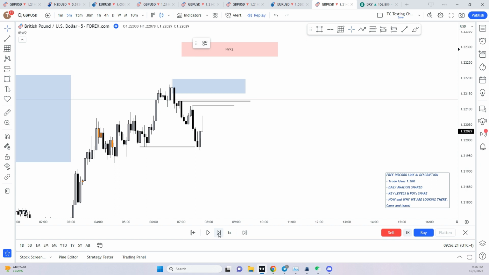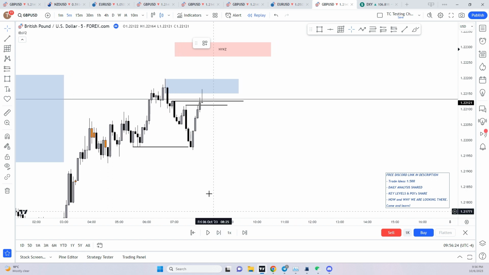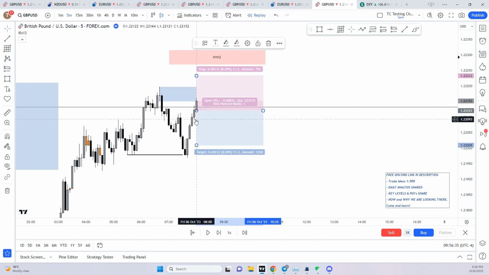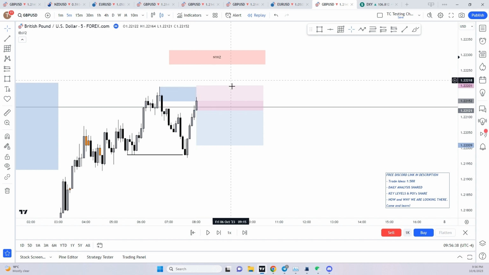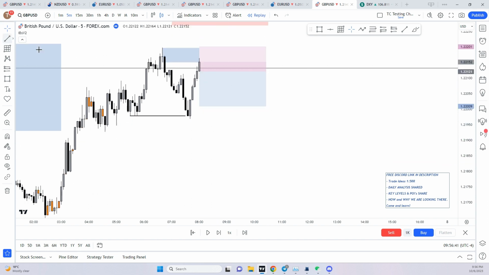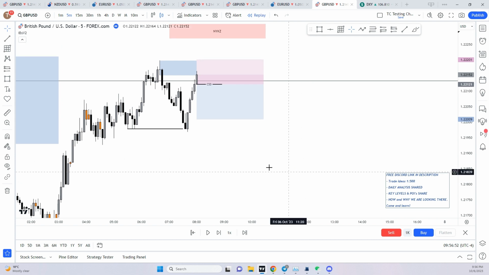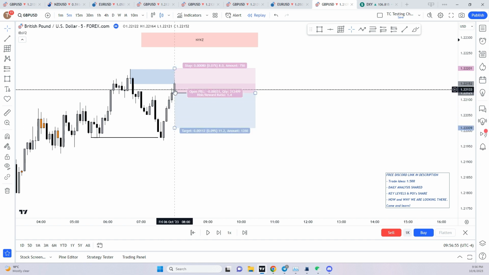And price pulls in, and there's a couple of different ways that you could scale into this trade if you wanted to. So you can see that we pull in, and initially you can either wait for a reaction first, or you can put a sell stop here and just cover the high, giving you about an 8-pip stop loss. So obviously then when price does take out this bullish candle, we get that change in state of delivery from buy side candles to sell side candles. So you see we have consecutive buy. As soon as we get a break and close below this candle, we have a change in the state of delivery that the